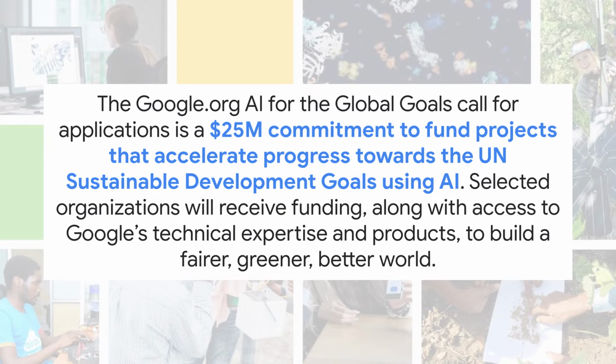The Google.org AI for the Global Goals call for applications is a $25 million commitment to fund projects that use AI to accelerate progress towards the UN Sustainable Development Goals. Around the world, we know that nonprofits and social enterprises are making progress towards these targets, and that AI has the power to accelerate their efforts. Selected organizations will receive funding along with access to Google's technical expertise and products to build a fairer, greener, better